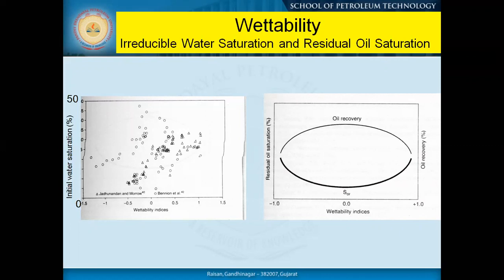Now you see when a pore is occupied, it is surrounded by the wetting phase and the non-wetting phase is at the center, isn't it? When they are isolated, they cannot be in touch with other fluids in the nearby pore. They are not a continuous phase. That's why they are stuck. They could not be produced. If it is neutral wet, then there is a possibility they can come in contact with the other phase and move out. That's why neutral wettability will produce more, whereas both the wettabilities, other oil